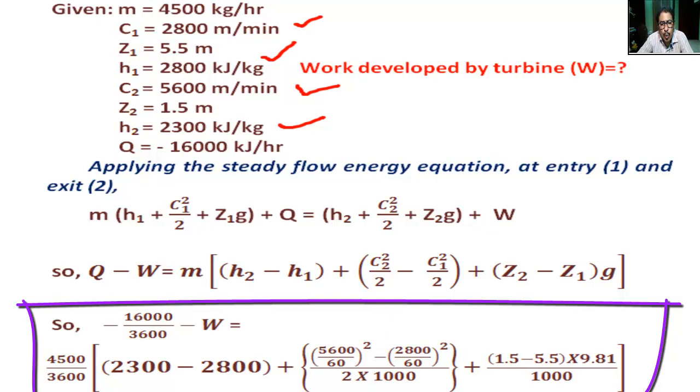We convert it to meter per second, 2800 by 60 whole square, by 2, into meter is converted to kilometer, we divide it by 1000, okay, plus